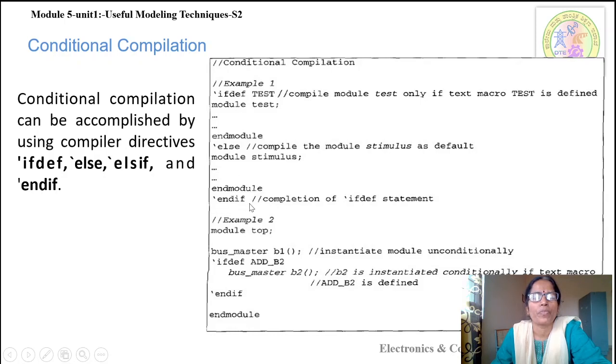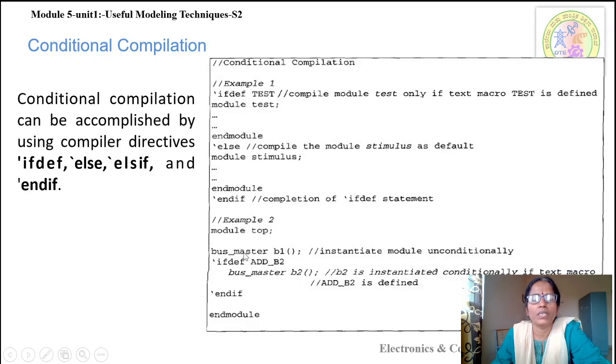Another example uses a bus master. In module top, bus master B1 is instantiated unconditionally. Then we define a macro: if def ADD_B2, bus master B2 end if.